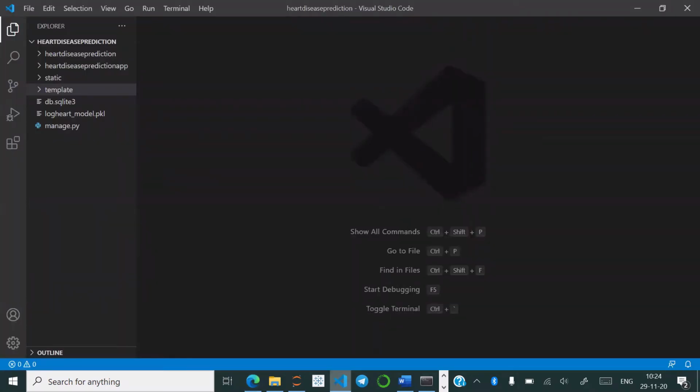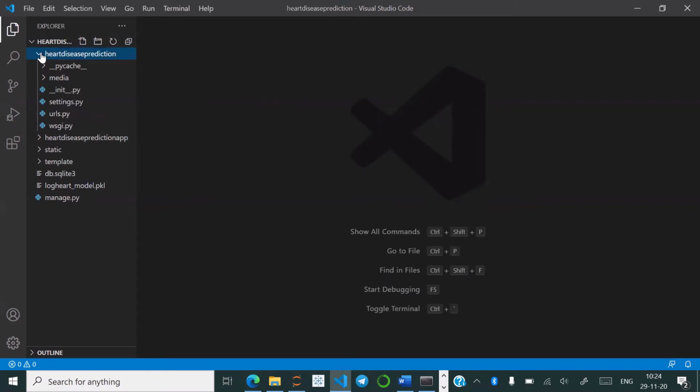You can use any of the text editors like VS Code, Sublime, or Atom, and create your project directory and implement the deployment code. In your project directory, you need to have your project folder, your project app, and 3 more folders: static, template, and media. Your media is a part of your project folder, right? And there are a few files which you need to modify, like settings.py, urls.py.